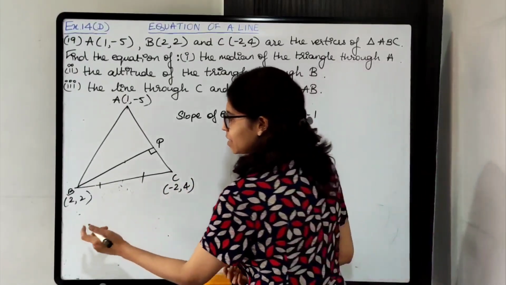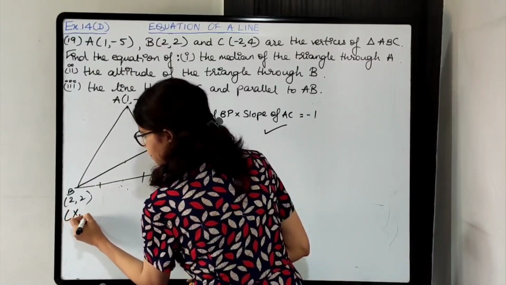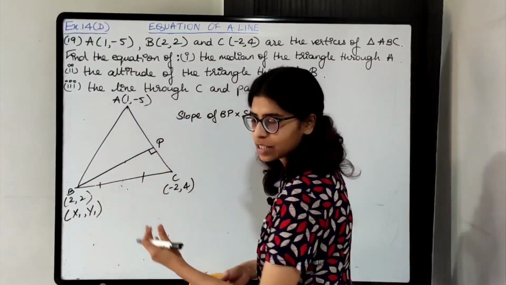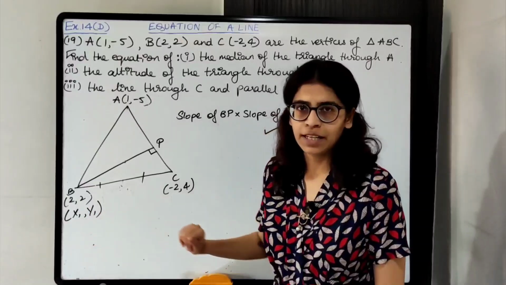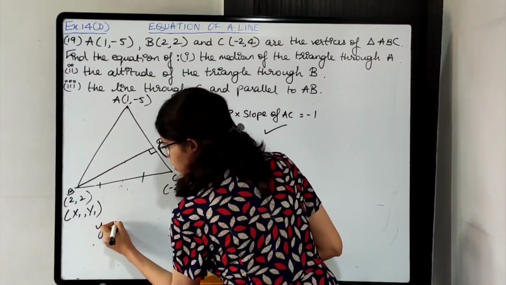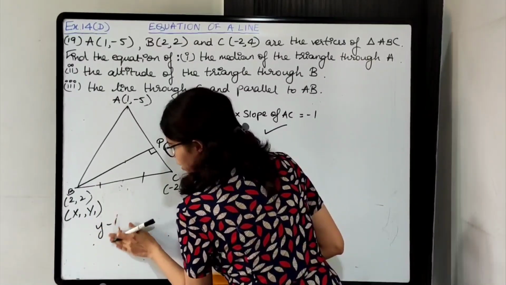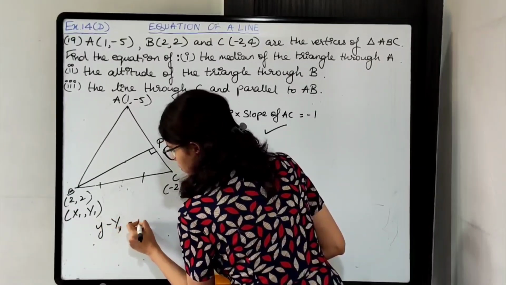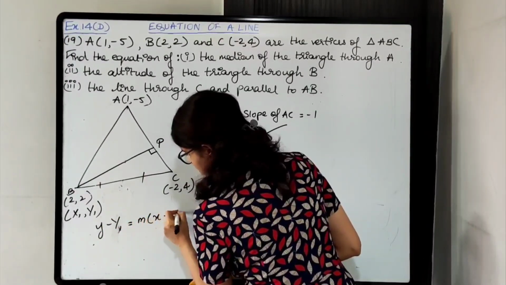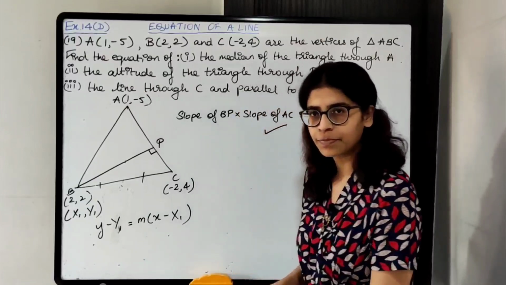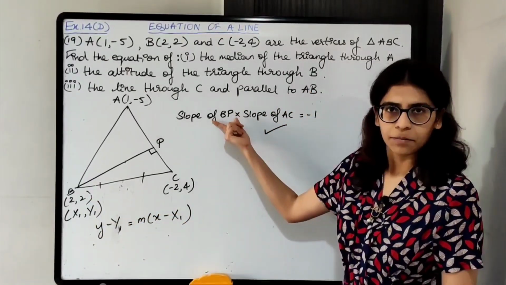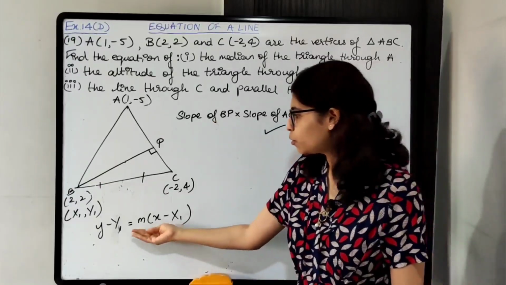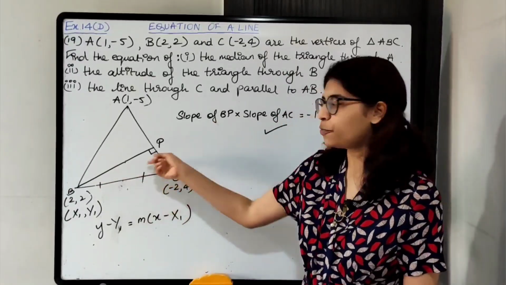Okay, take this as capital X1 y1. We already use small x1 y1 over here, all right, for AM. So take this as capital X1 y1. We'll be using this format to frame the equation. X1 y1 we know, M we'll easily get, alright. So put the values and get the equation of BP.